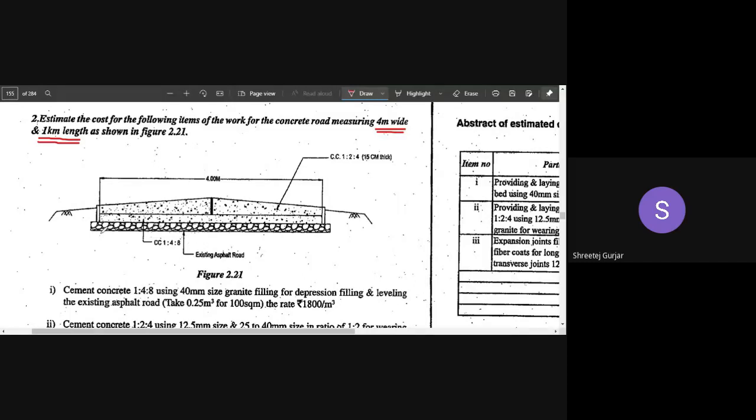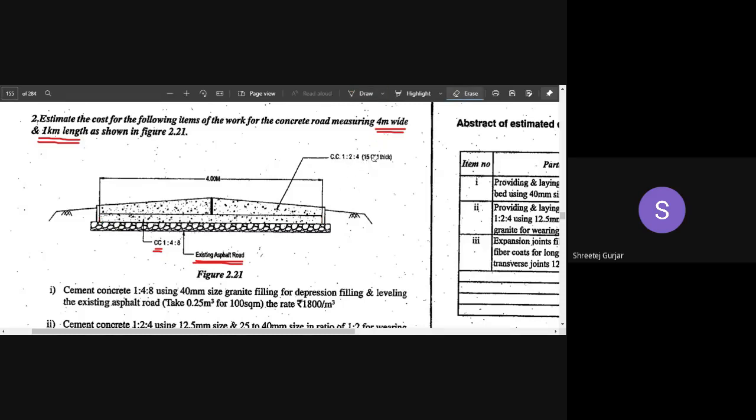Okay, so the subgrade or the sub base that they are using is an existing asphalt road. You have an existing flexible pavement. On top of that, you are laying your CC road. So existing asphalt road, and on top of that you have a cement concrete layer of 1:4:8. You can observe it is this cement concrete layer. Then on top of that you have your cement concrete top layer of 1:2:4. So this is 15 centimeter thick. So you have two layers of concrete, one layer of existing asphalt road. So this is regarding your cross section.